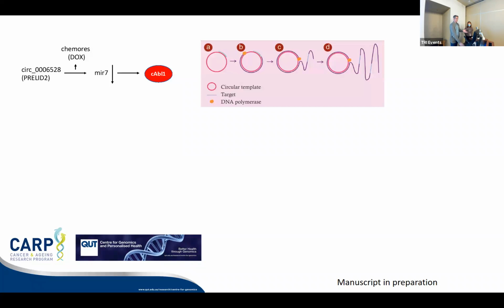So how you amplify a circular RNA is that you can do it with a single primer. You do something called a rolling circle PCR, and you use one primer and it just rolls and rolls and rolls and rolls until you get a nice length of